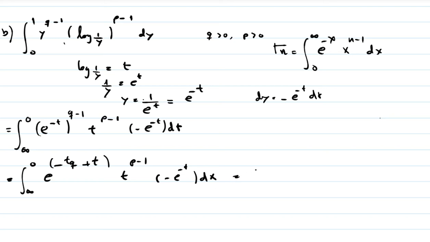So this is going to become minus the integration from infinity to 0 of e raised to minus tq, and we can see that we have here e, we can have also e. Because this is the same base, we just have to add the powers. So this is going to become e raised to minus tq plus t minus t, because we're adding this power onto this one here, and then all of this into t raised to p minus q,